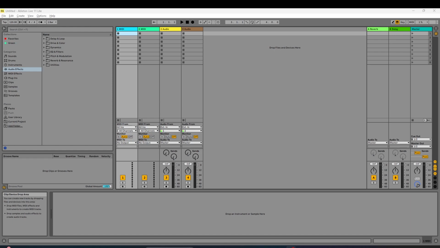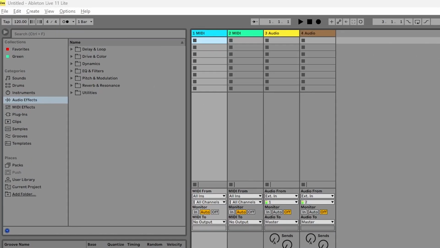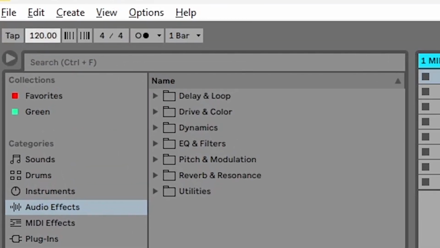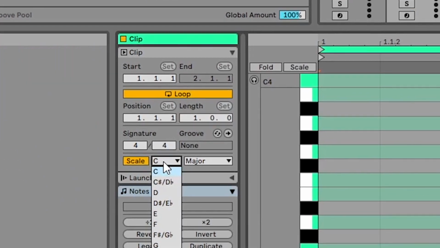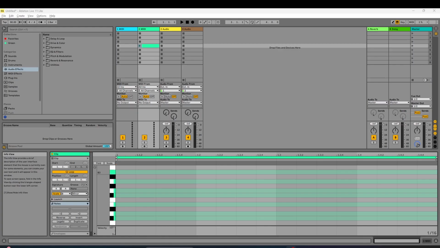What's the first step in writing? So first, I choose a tempo and a key. Usually these are determined by the genre that you want to play. In Ableton, you set the tempo up here, and you can highlight a scale down here. Next, you'll want to choose a chord progression. Again, you can look up common chord progressions for your genre, and by now you're probably wondering why I don't